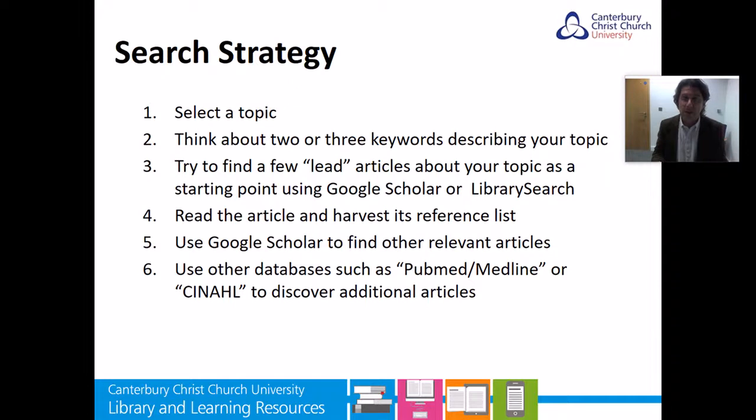And the next step is that you choose one of the databases, for example Library Search and Google Scholar, and you try to find some articles that are really relevant. We can call them lead articles, something that is really close to the topic you have. So try to find these lead articles, and once you have them, I would stop searching in a way and start reading these articles,